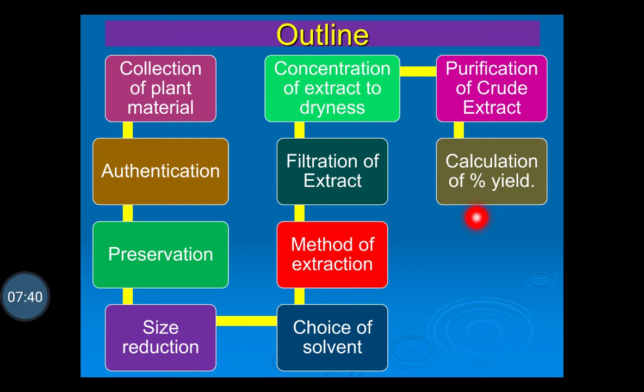You can determine how much of the specific phytoconstituent is present in the crude drug. After this, you can go for the estimation of those particular chemical constituents or phytoconstituents which are present in the crude drug. So this is a general method by which the extraction of phytoconstituents is carried out. For some drugs, other methods are to be used depending upon the phytoconstituents which are present in